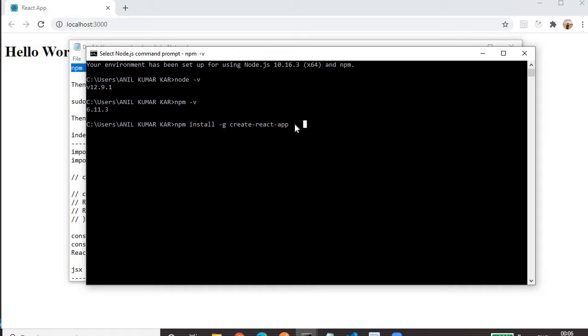It will install on your machine globally so that we can use the create-react-app command in the terminal. It will take a couple of minutes for installing. I have already installed it on my machine, so I don't want to install it again. So let me close this.